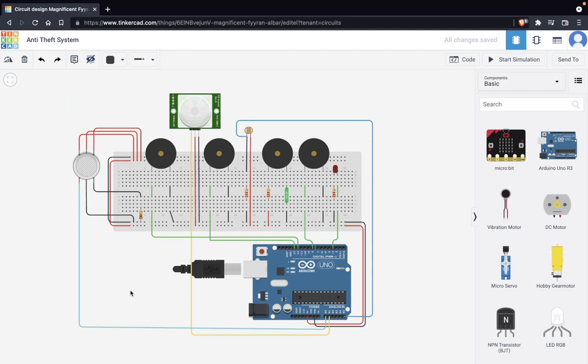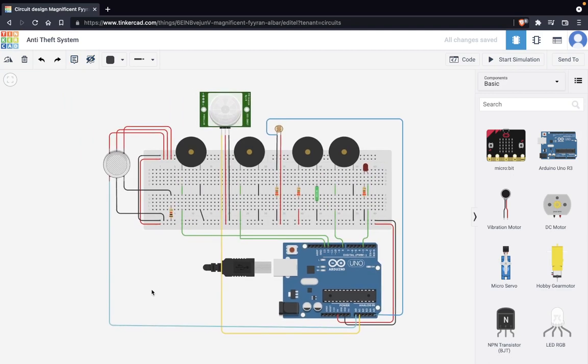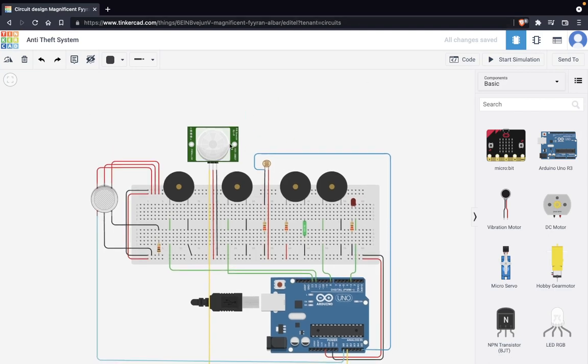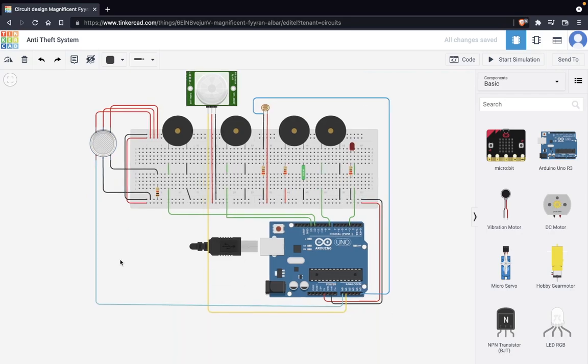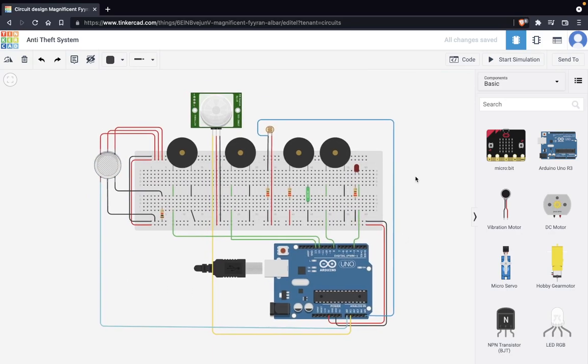I have made this to protect my headphone devices from my younger brother. Like if he comes around, this PIR sensor gets activated. If he just changes its orientation, it gets activated. And if he picks it up, then the system will get activated. And there is also a good smoke detector if he somehow tries to snoop in with some sleeping gas or whatnot. So yes, this is my DIY project.